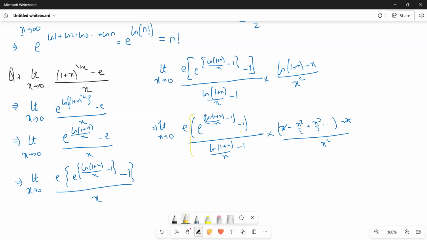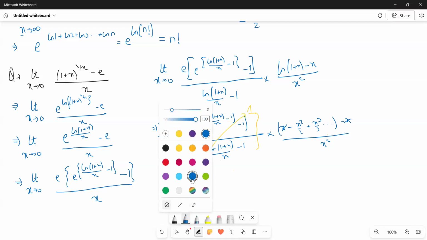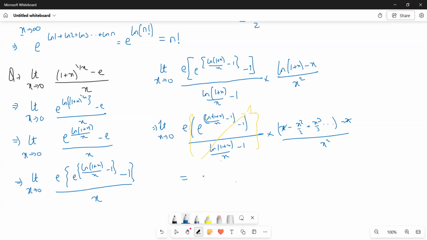E to the power something minus 1 by that something as that something tends to 0, ये हो जाएगा 1। एंड सेकेंड पार्ट में रैशनल फंक्शन हो गया, x टेंडिंग टू 0, कोफिशिएंट ऑफ द स्मॉलेस्ट पावर चाहिए, स्मॉलेस्ट पावर है x स्क्वायर का। सो द फाइनल आंसर ऑफ दिस विल कम आउट टू बी, यहाँ से e इंटू, और यहाँ से कोफिशिएंट आ जाएगा -1/2, सो -e/2 इज द आंसर।